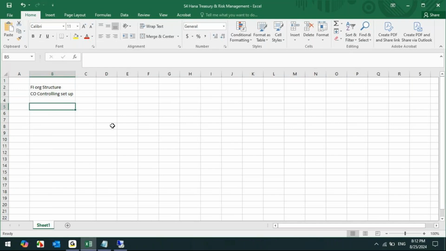Once we configure the entire structures, like your company code, your profit center, your enterprise structures, after that only, controlling area, your cost center, your profit center hierarchy, all these things once we set up, only then we can go to the TRM org structure. Okay, TRM organization structure. After we learn the TRM organization structure, and TRM has two org structures under it. One would be general org structure, and another one would be accounting org